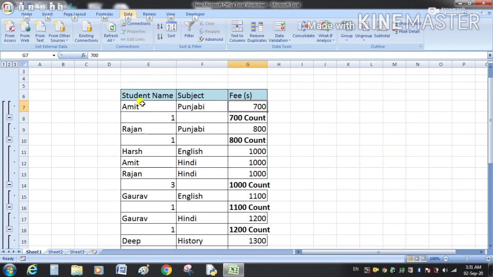So in the student name column we are getting the count of students who are paying different fees. For 1000, the fee is paid by 3 students: Harsh, Amit and Rajan.